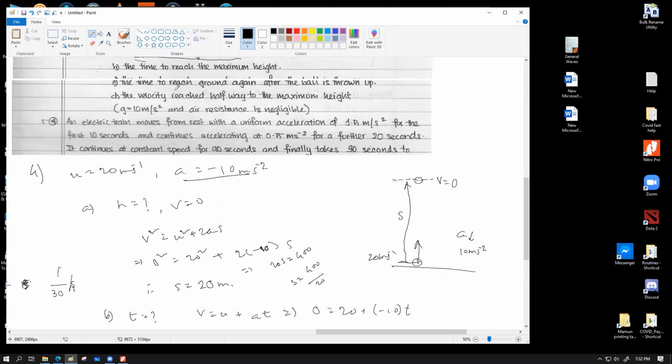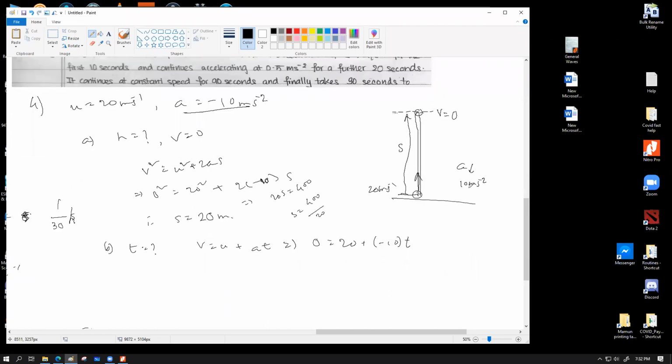So B number is done, let's see what C number says. Time to reach the ground again after the ball is thrown up. So that is the total, right? From here going up and all the way coming back down here, how much time will it take? Since this is a totally uniform motion, identical motion going up and going down, they would be symmetric. So we can simply multiply this time by 2. What was this time? It was 2 seconds, right? Yes sir, 2 seconds. So for C we can write by default, this time should be 2 seconds into 2 equals 4 seconds. There is no need to write any logic here,